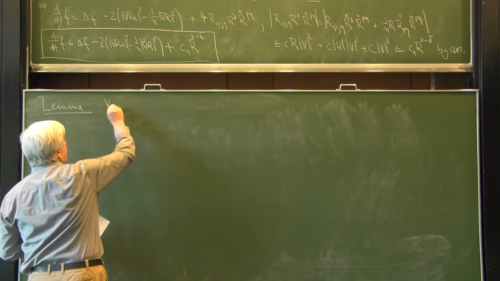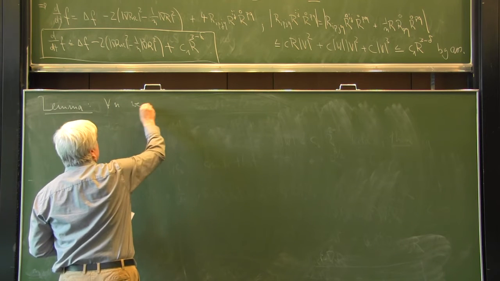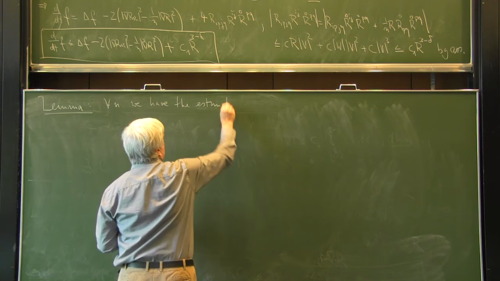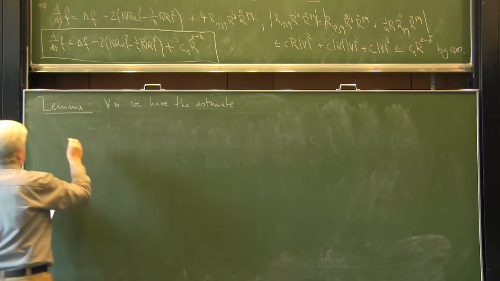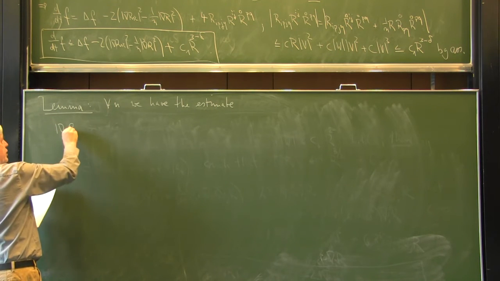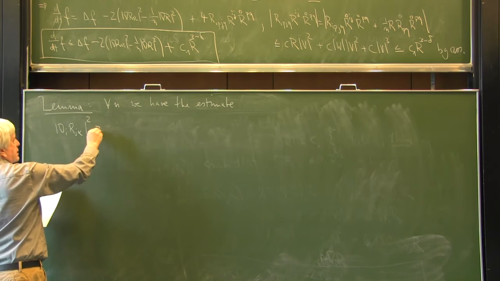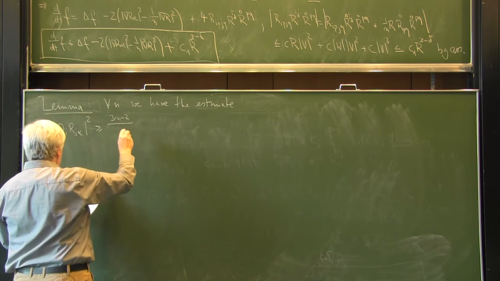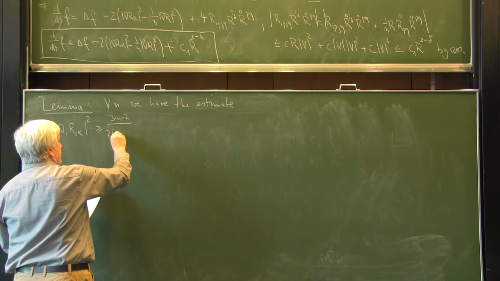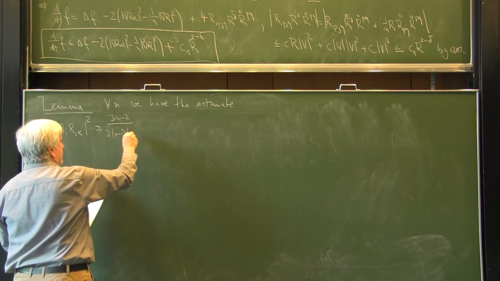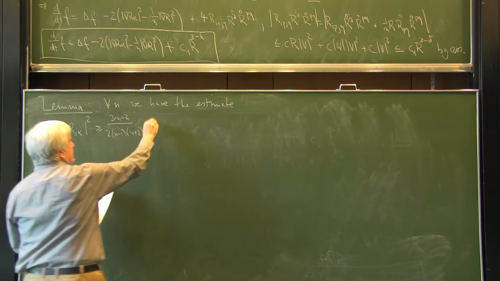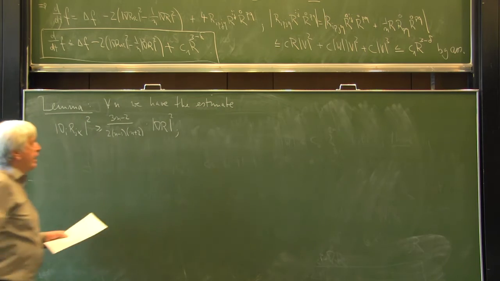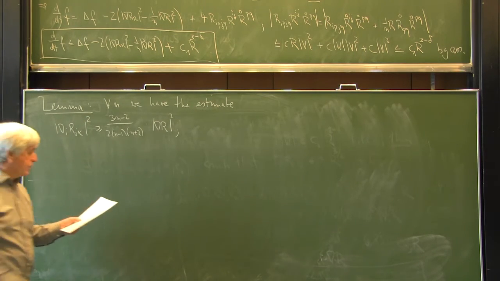So for all n, we have the estimate that the gradient of the Ricci tensor squared can be estimated from below by (3n minus 2) divided by 2 times (n minus 1) times (n plus 2) times the gradient of the scalar curvature squared. And this number is bigger than 1 on n. So in particular,